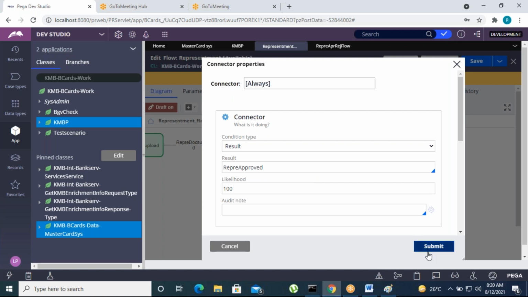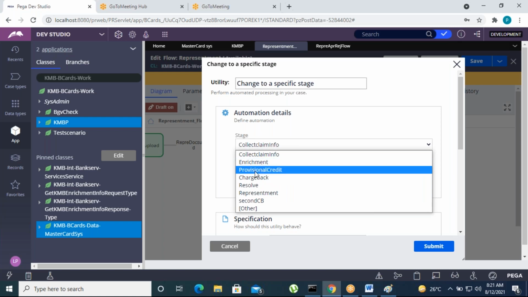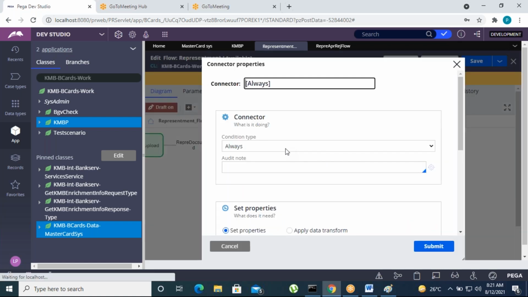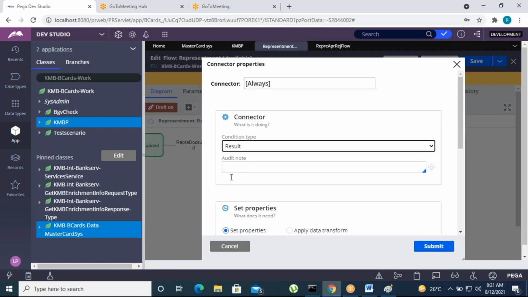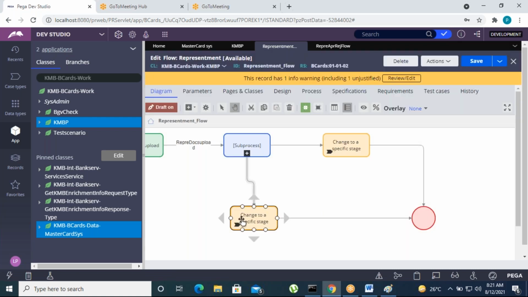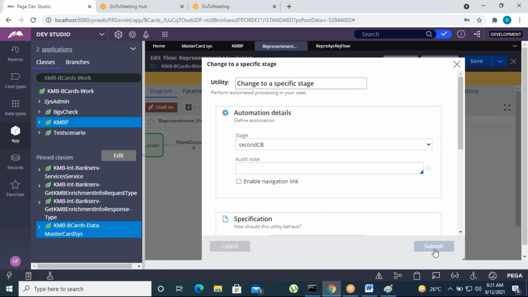Now jump to the case will be resolved. Okay, case resolved, that's it. Suppose if the result is repre rejected, jump to second chargeback stage.